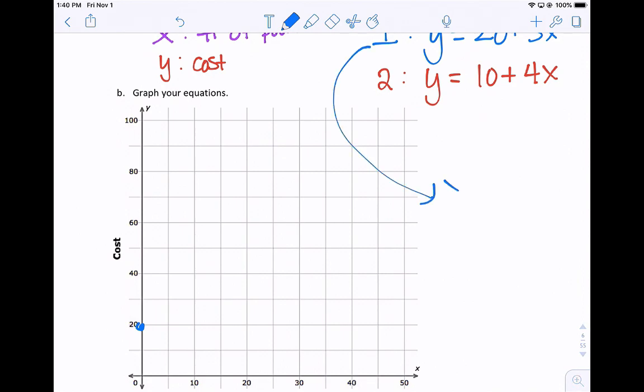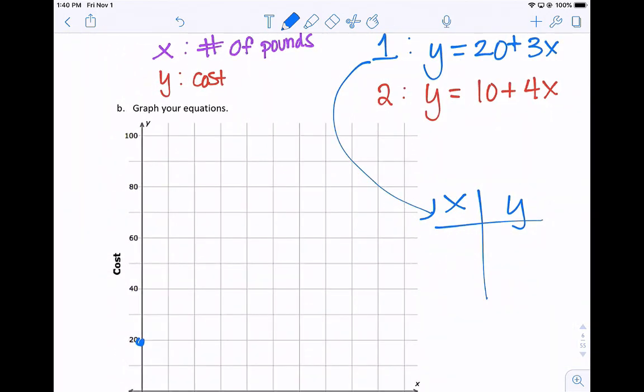Okay, so let's do that for courier number 1. I'm just going to need a few more points. I'm just going to pick 10 pounds and 20 pounds. How much will this cost? So when we plug in 10 pounds, we're going to do 20 plus 3 times 10. And so that would be 50. And let's plug in